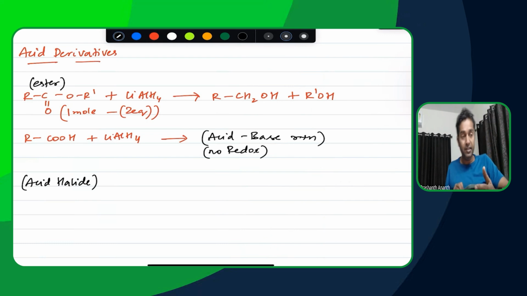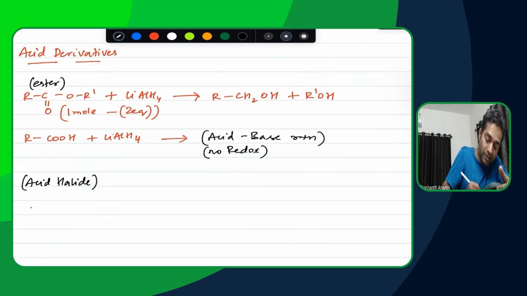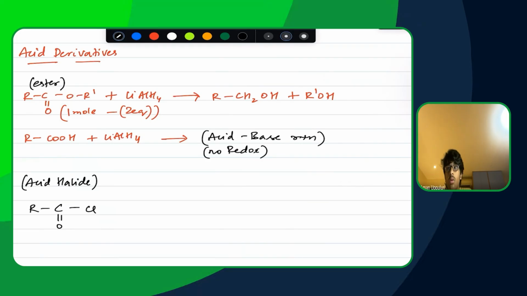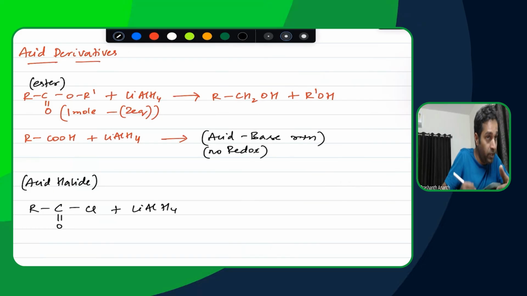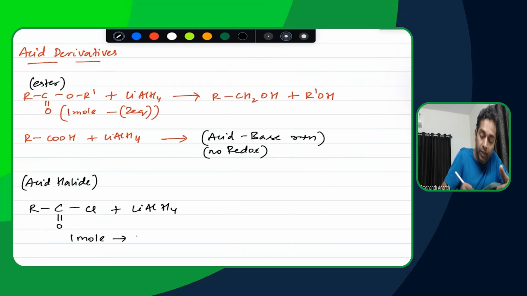So acid halide, let's see what will happen here. Let's take the acid halide. One mole is enough, I guess. So in this case, how many equivalents? Two equivalents here also. Cl will leave. So 1 mole is going to require 2 equivalents here as well,